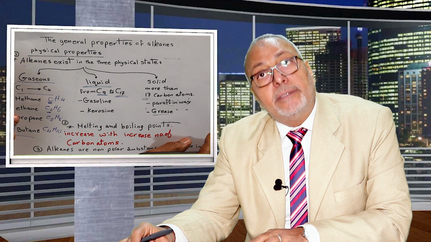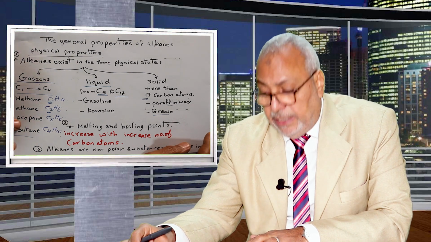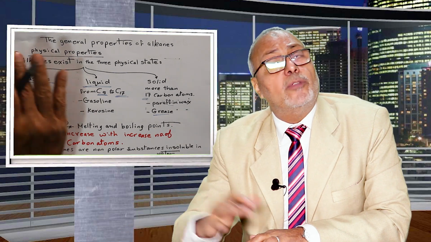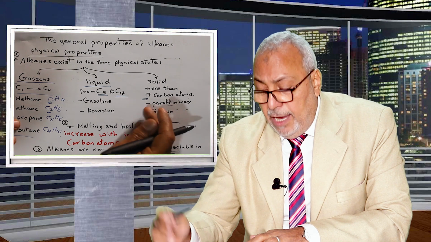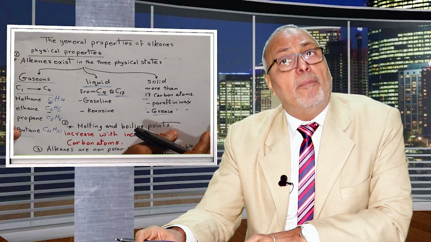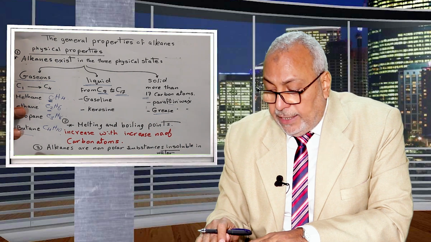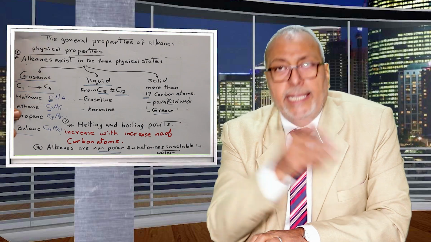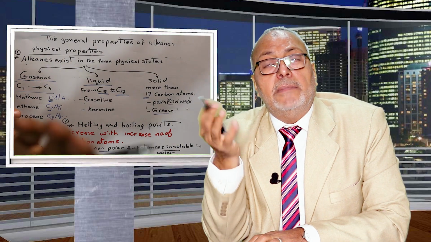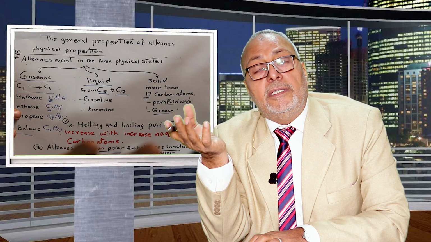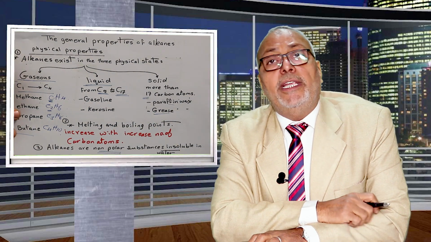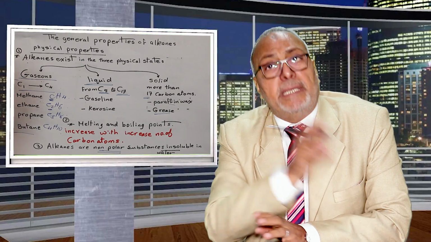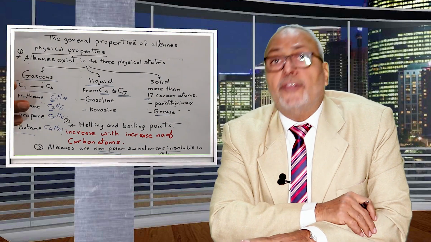The melting and boiling points of alkanes increase with increased molecular formula, with increased number of carbon atoms. As the carbon atom number increases, the boiling and melting point of the compound will increase. Alkanes are non-polar substances because they don't contain any atom with high electronegativity. So they are not soluble in water, but alkanes are soluble in organic solvents such as benzene, ether, alcohols, but not